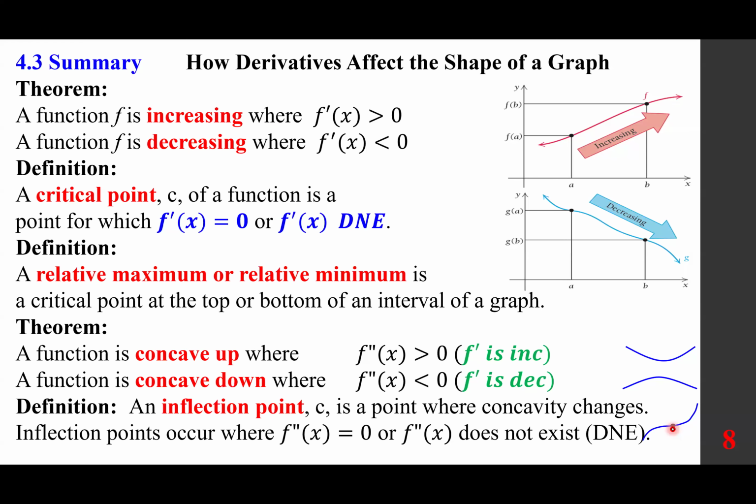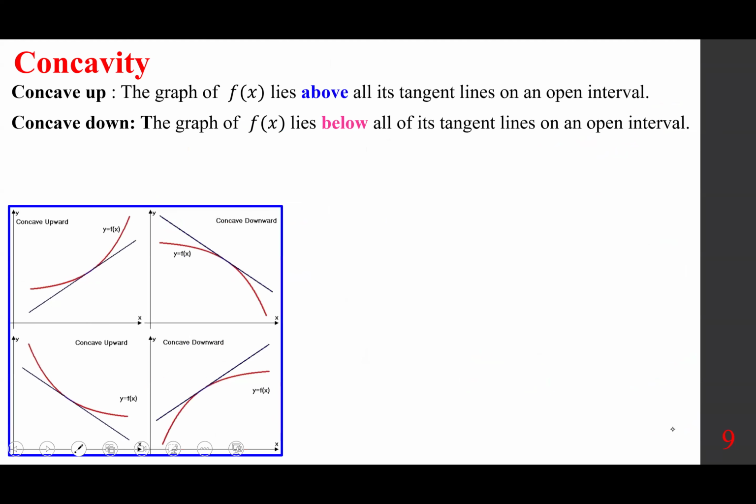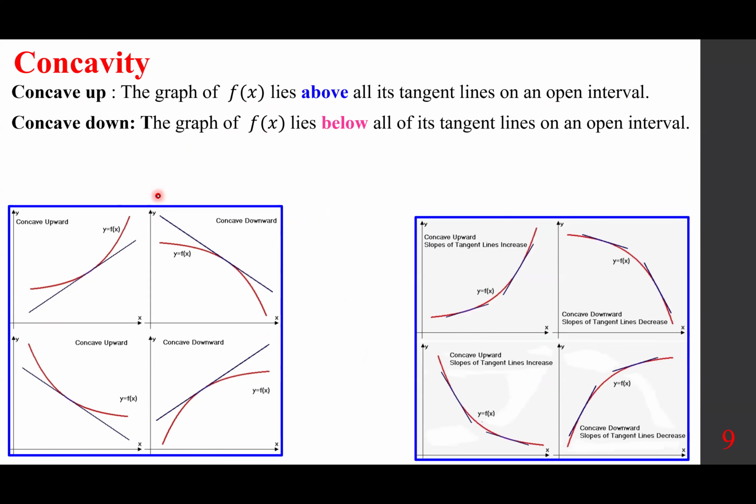point of inflection. To elaborate on that, for concave up, the graph of f of x lies above all its tangent lines on an open interval. For concave down, the graph of f of x lies below all of its tangent lines on an open interval. If we look at these two cases, in concave up we go through one tangent line, and this one is below. So that's what it indicates. Furthermore,